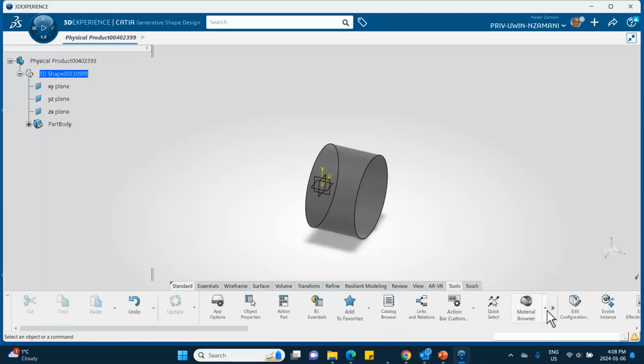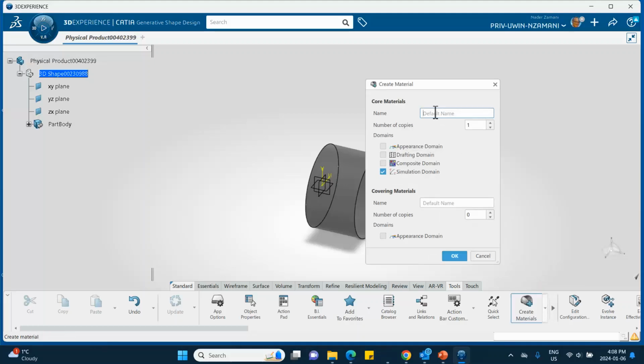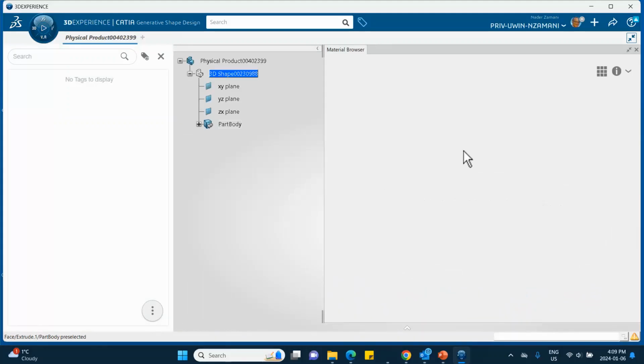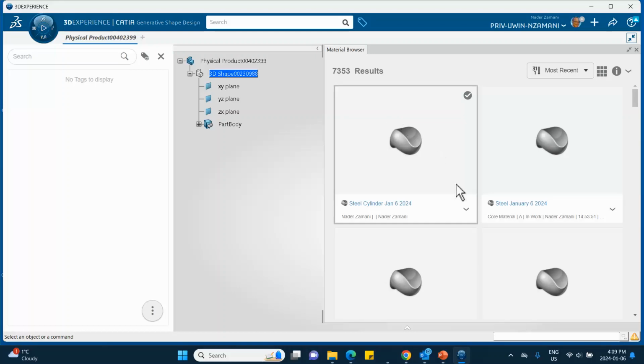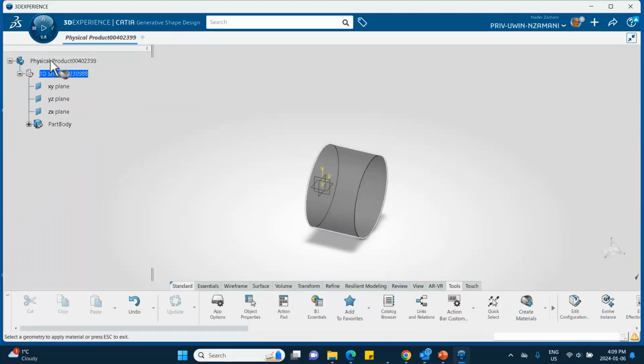So tools, let's create one, and this is steel cylinder, January 6, 2024. We say okay. And once it pops up in the list here, I'm going to select it and apply it to my part. So I'm going to apply. We don't need this stuff. We can close it. I'm going to apply to this